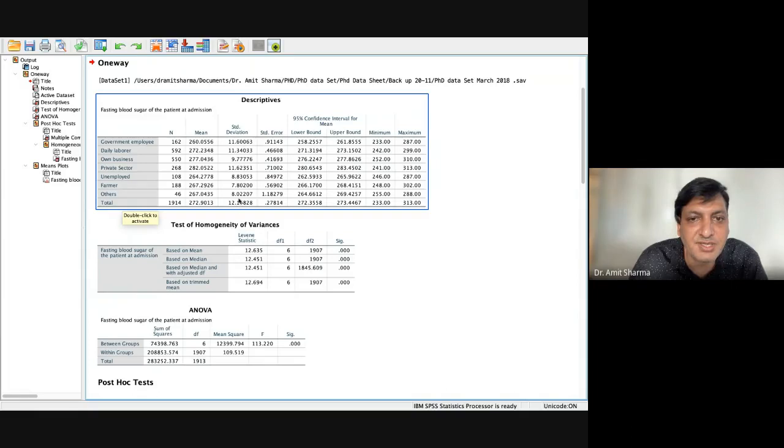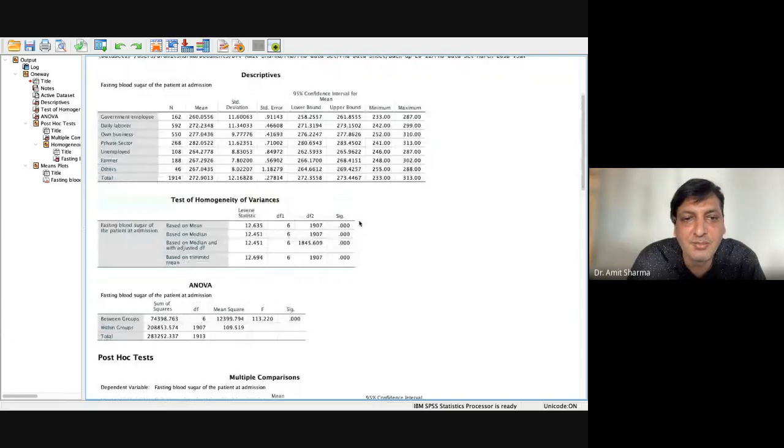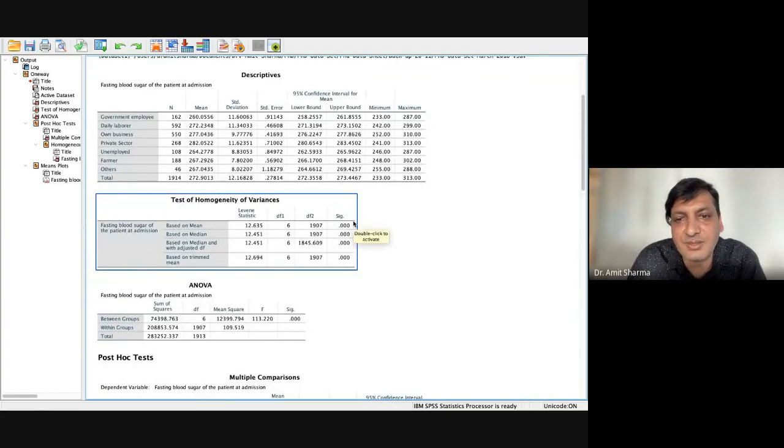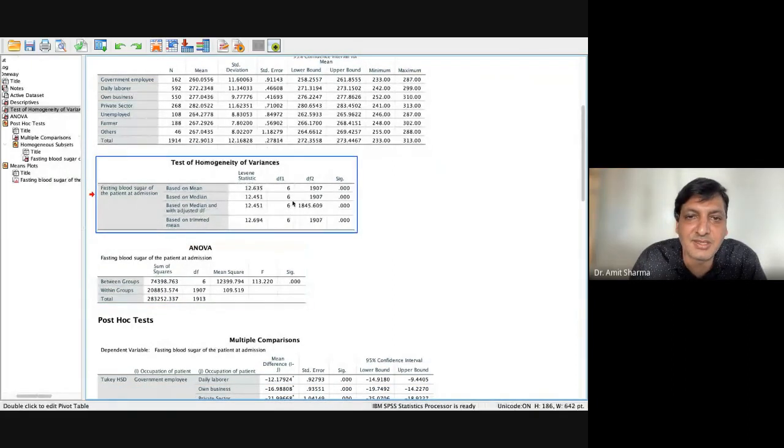We have got the standard deviation, and here you can see the test for homogeneity is showing a p-value less than 0.05. It means we are not eligible for the test. Still our test was found significant. So what people used to do, they used to hide this and show their result. They say they are not eligible right now. I'm not eligible for ANOVA because I didn't get the homogeneity of variance test significant. This should be more than 0.05.